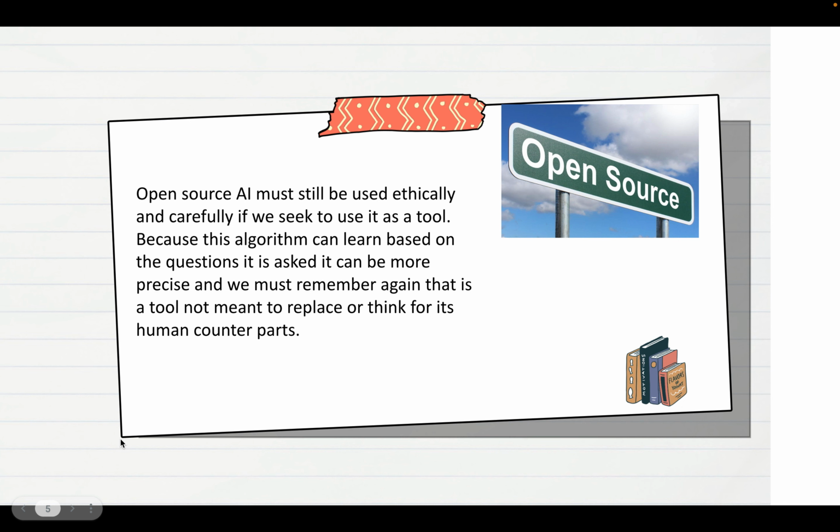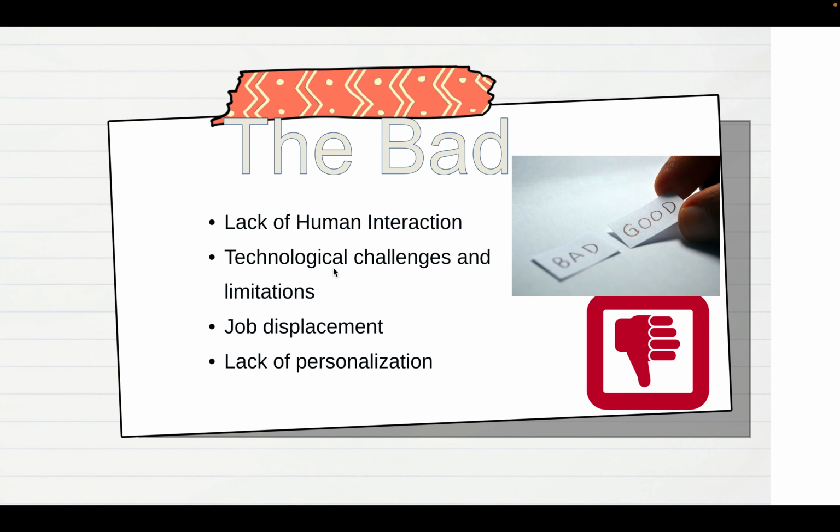As we struggle to navigate these new tools, we tend to see there's either an all or nothing mindset right now because we don't have an ethical groundwork for what AI is and how it can be used responsibly, which leads us to the bad. There's a lack of human interaction, and this is specifically when I refer to it in the library services arena. There are technical challenges and limitations, which is something I spoke about